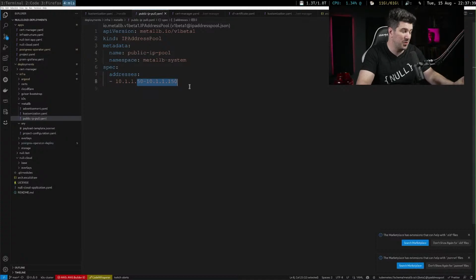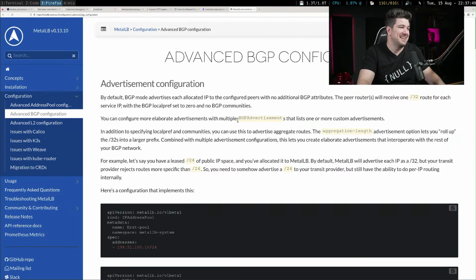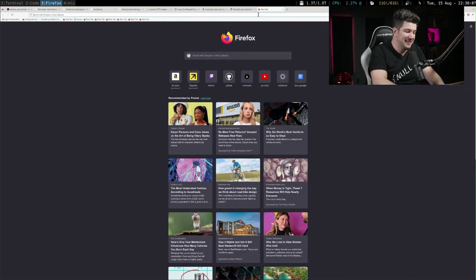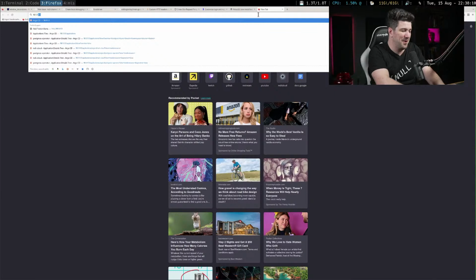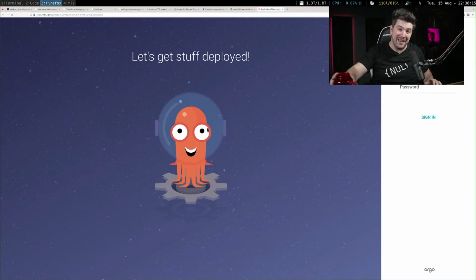Yeah, that's what I'm saying. You want to use MetalLB. That's what I've been saying this entire time. I don't think you've been listening to me. I said, get MetalLB. Make publicly routable external IP addresses that are external to your Kubernetes cluster. I said, look, see this? 10.1.1.51. Oh, look, there it is. It's amazing.